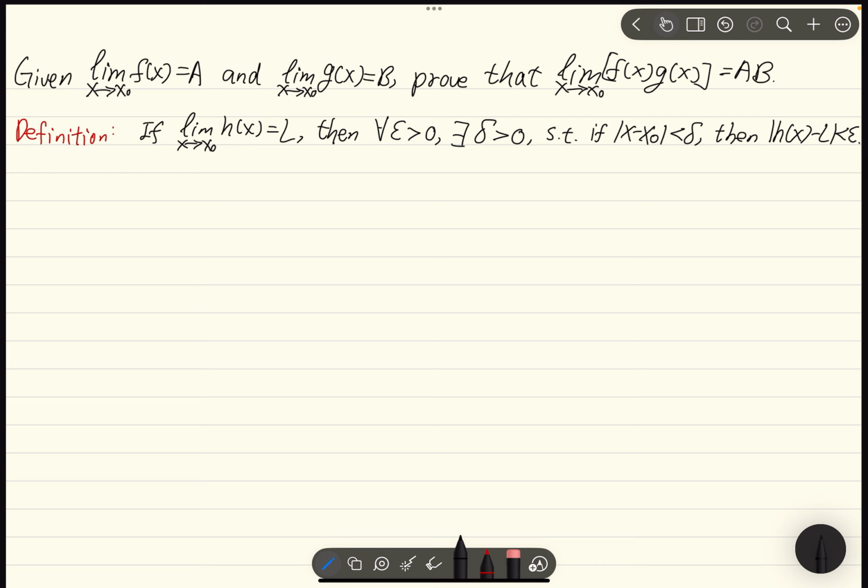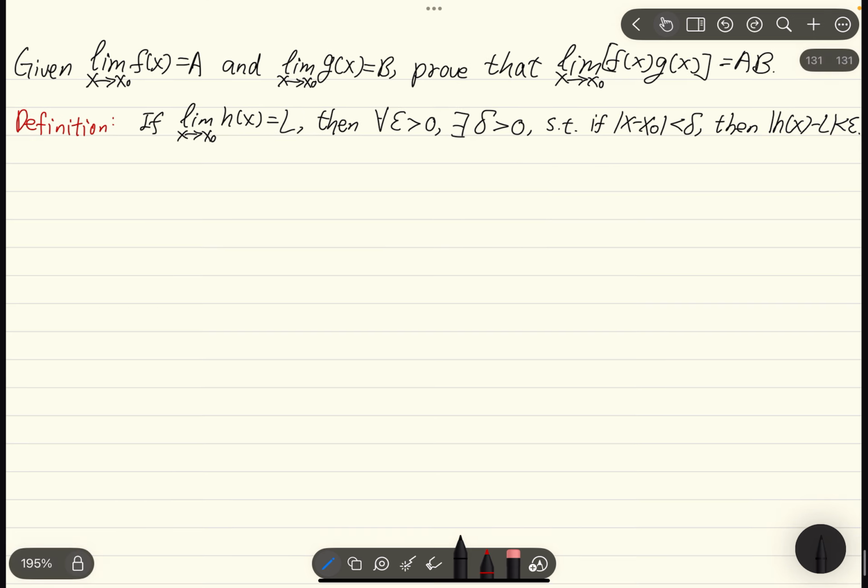And what it means is that we can get infinitely close to this value here as long as x, our independent variable, is close enough to this number we're trying to approach. Okay, so then moving back onto the problem, what can we get by using this definition? Well, firstly, we know that this is true, and this is also true. So then we know by definition, so this is our proof, by definition,